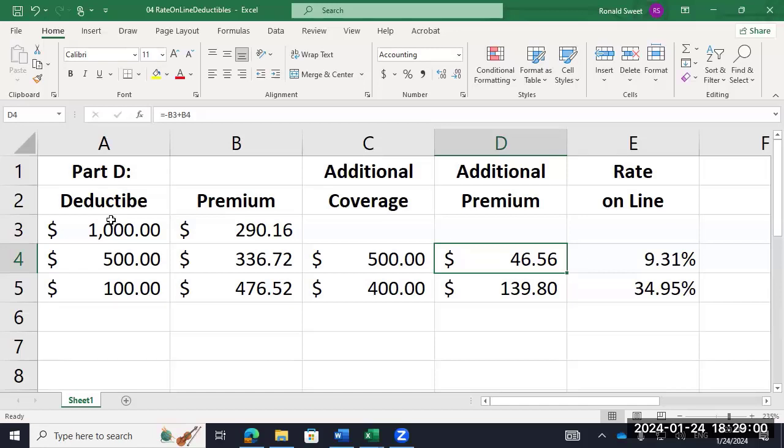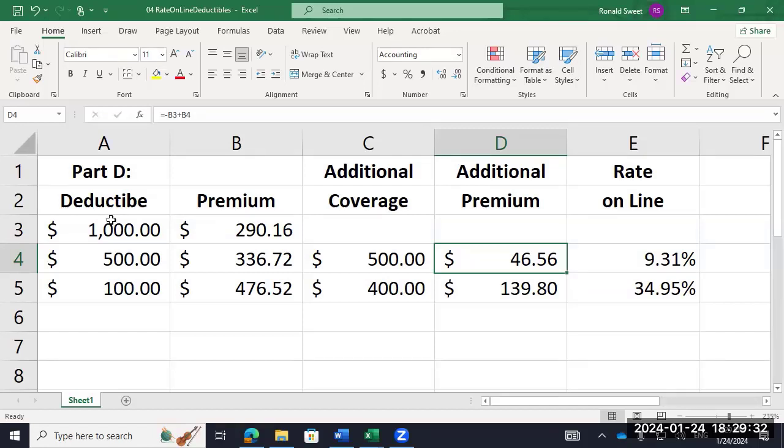So rate online is not just for this insurance, it's true for homeowners, it's all insurance. You're trying to decide, well, what level do I get? What is the additional premium you need? All right. This is what you should do for Part B and C. How much more premium? For me, it was a couple $100 for Parts B and C. And what additional coverage? In my opinion, I was getting zero additional coverage. So what's my rate online? $200 divided by zero is an infinite rate online. In my opinion, I was getting nothing. Some of y'all would disagree and think you're getting something. You have to decide on that.